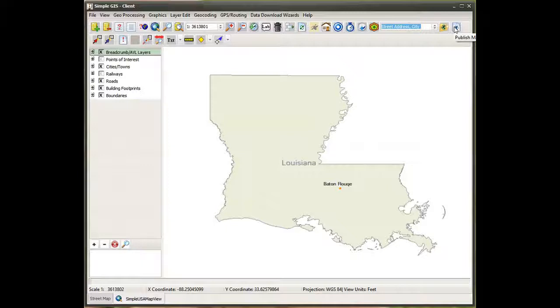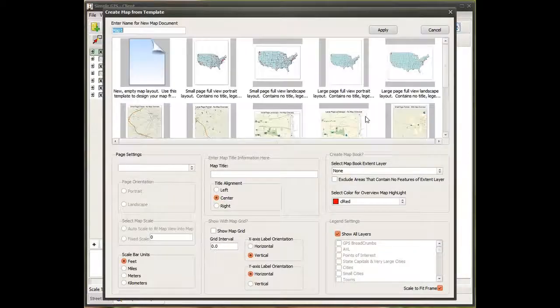Next, you would locate the Publish Map tool, which is located to the far right of the top row of buttons. So if you locate the top row of buttons in your Map Data View document, look to the far right, and it looks like an empty sheet of paper with a globe in the center. If I click on this tool, I get a new dialog box that says Create Map